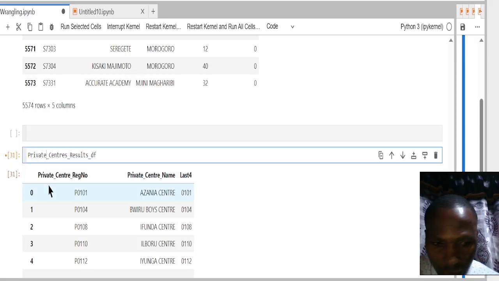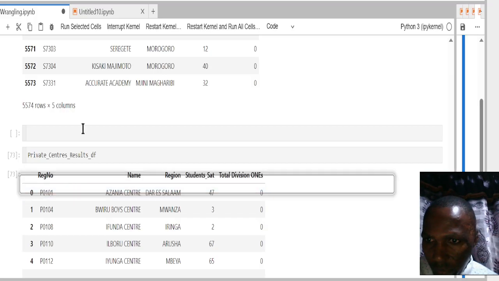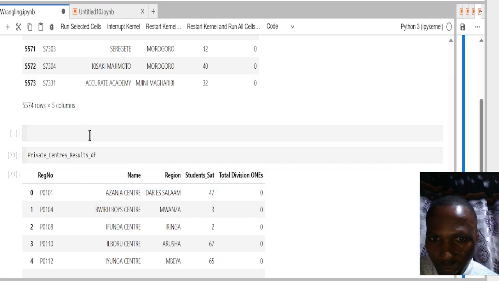Let's try to see this through. Yes, they do have the same column names, so I can merge them vertically and then conclude and do the